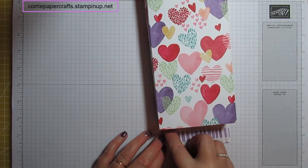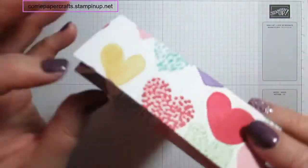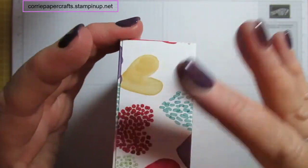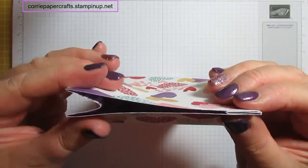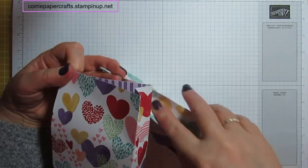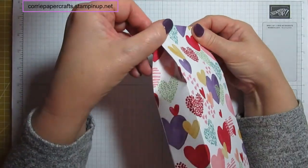Take the backing off and bring that flap over, and again just line up the edges before pressing that down. There we are. And then making sure I've got the back at the back, I'm just going to squeeze the sides in and squeeze that like that. Now this one, I actually pushed the sides in all the way down, but it does naturally resist, so I'm just going to let this one naturally resist,